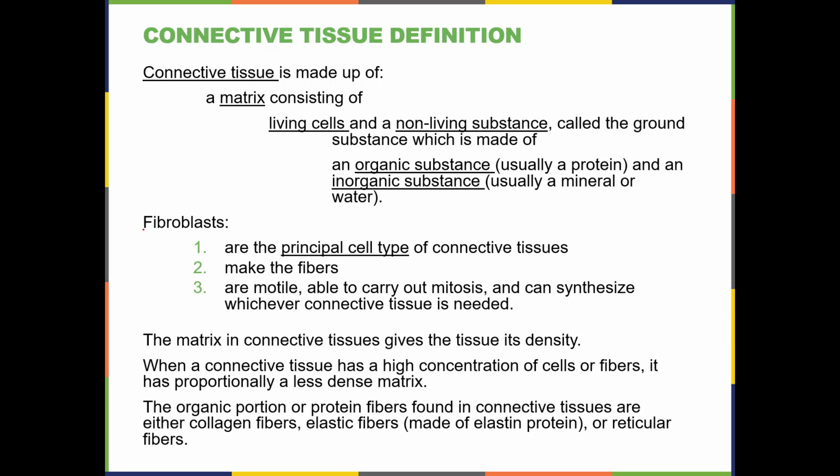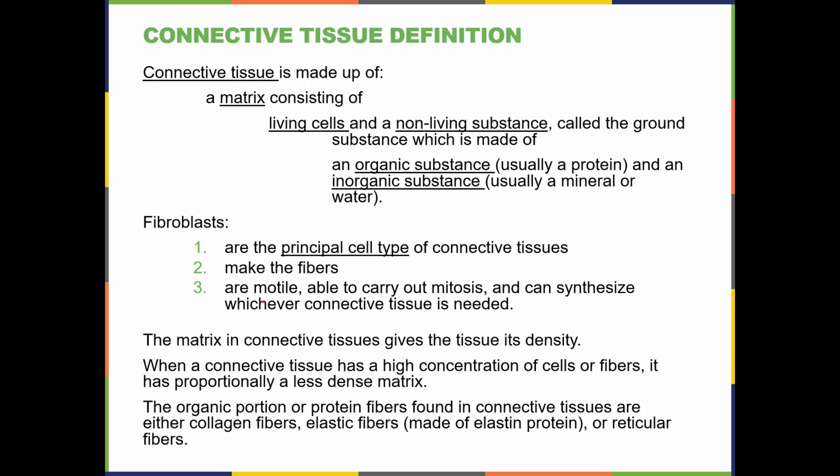Another rule of connective tissue is that fibroblasts are the principal cell type of connective tissue. Fibroblasts make fibers, which is really part of the ground substance. So the proteins that are in the ground substance are fibers. And fibroblasts are motile, carry out mitosis, and can synthesize any of the connective tissues. So fibroblasts are, in a sense, sort of like the stem cells of the connective tissue. So they are not fully differentiated, but they can become any kind of specific cell depending on what the connective